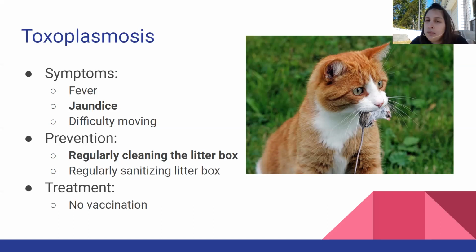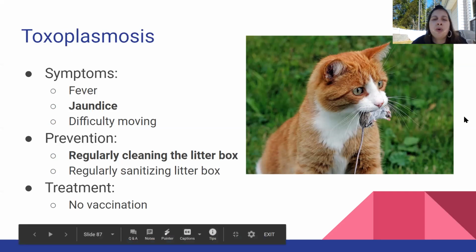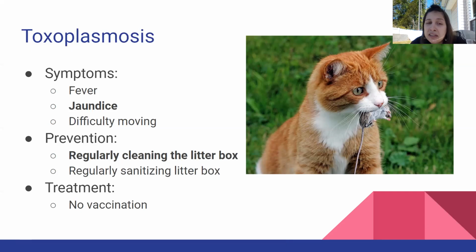So you may not even know that your cat has toxoplasmosis, but if they are an indoor-outdoor cat, or if they catch mice in your house, and there's a chance that they ate one of those things, then you want to be careful. You want to regularly clean out the litter box. You want to sanitize the litter box: take everything out, get yourself some gloves and a mask so you're not breathing in all that cat urine, and scrub it really, really good. Try to kill anything that may be living in there,